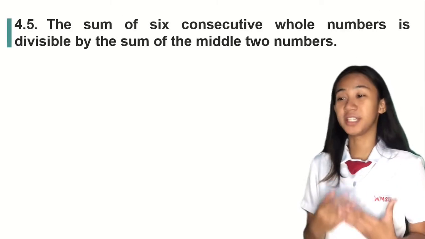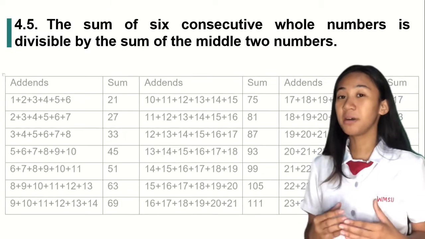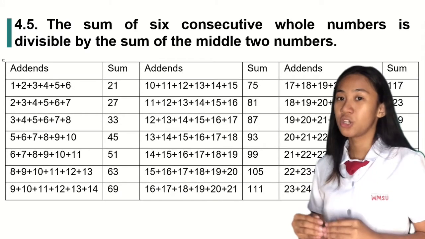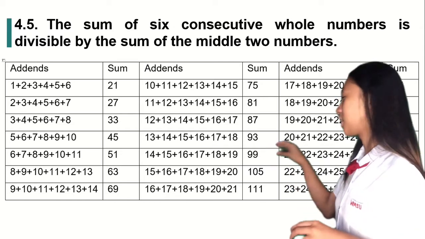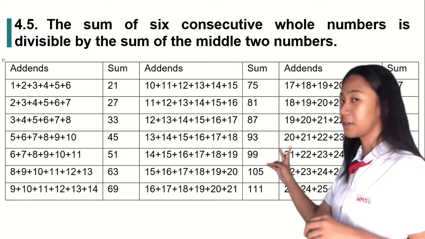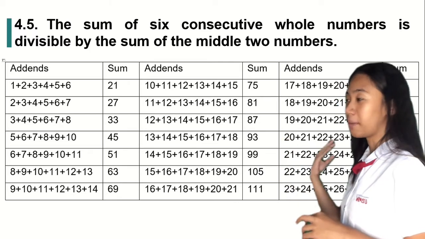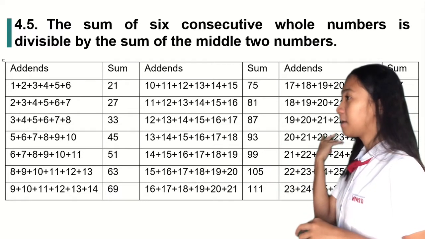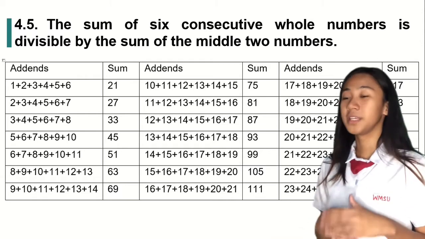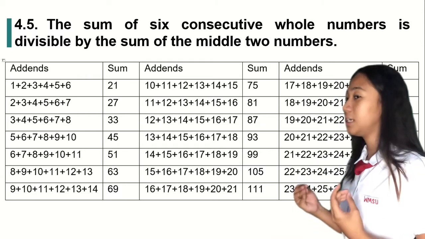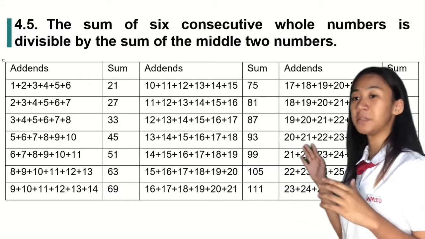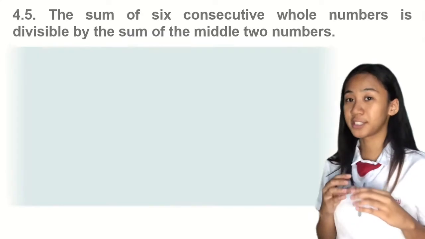Next is the sum of 6 consecutive whole numbers. The sum of 6 consecutive whole numbers is divisible by the sum of the two middle numbers. So if you have 6 consecutive terms, their sum is divisible by the sum of their two middle numbers. If you divide the sum by the sum of the middle two numbers, it will result in a whole number. Let the 6 terms be x plus 1, x plus 2, x plus 3, x plus 4, x plus 5. Their sum is